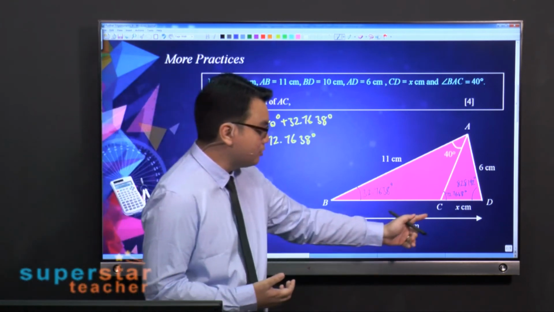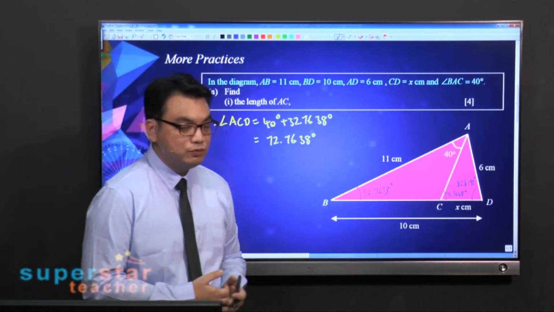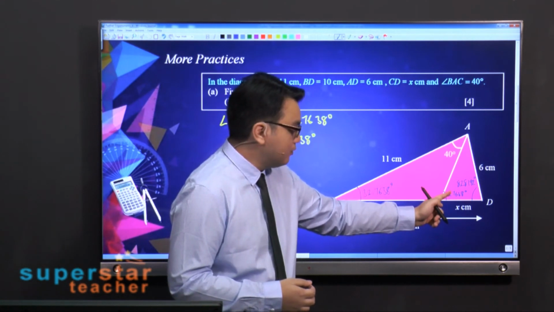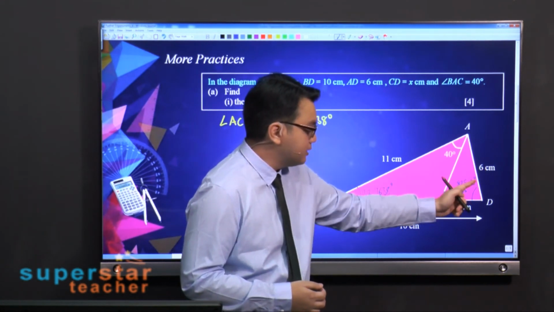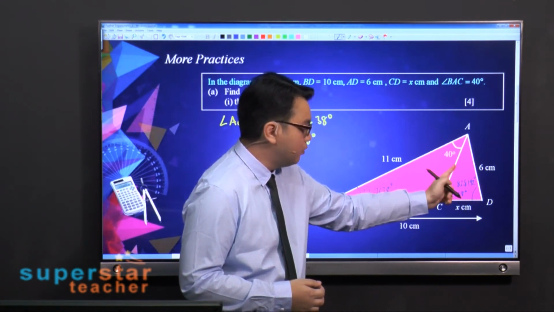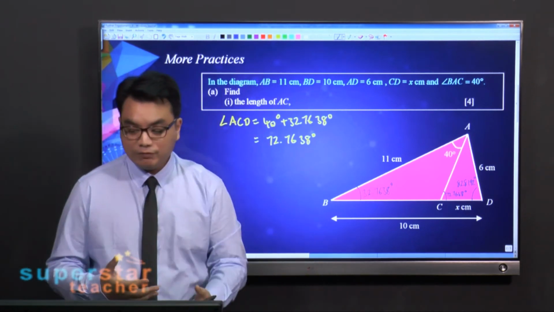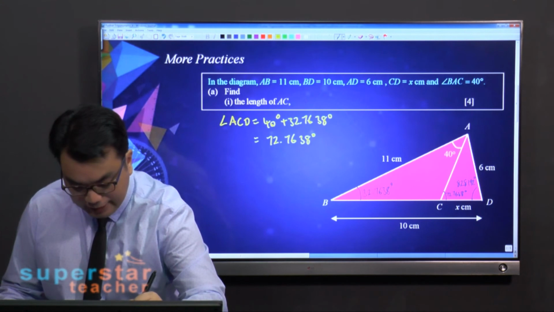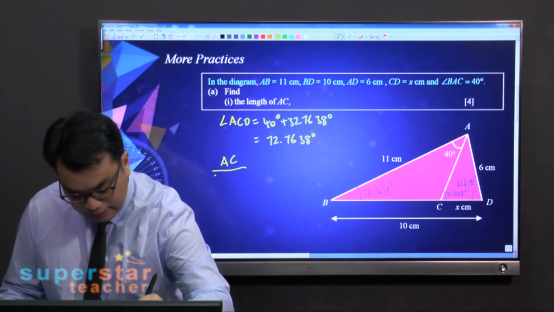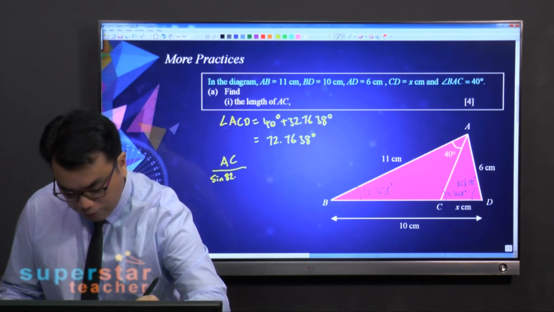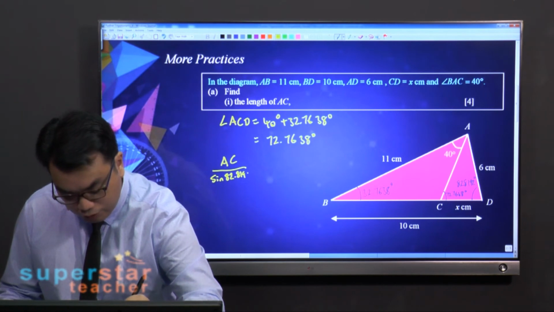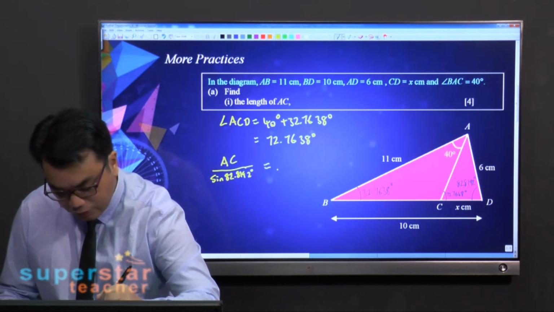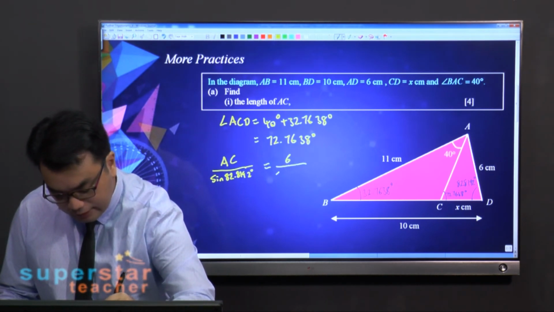I can use what kind of rule? Yes, sine rule. So sine of this angle over 6 equals sine of this angle over AC. Or since I want to find the unknown side, I will write it the other way around. So AC over sine of 82.8192 degrees equals 6 over sine of